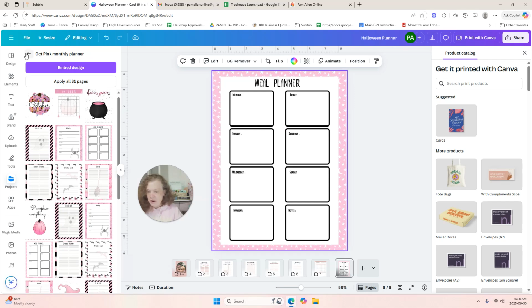You just open up the one project on one side and then make sure you add a page, because if you don't add a page, it will rewrite the other one. So make sure you do that. And that's how you can